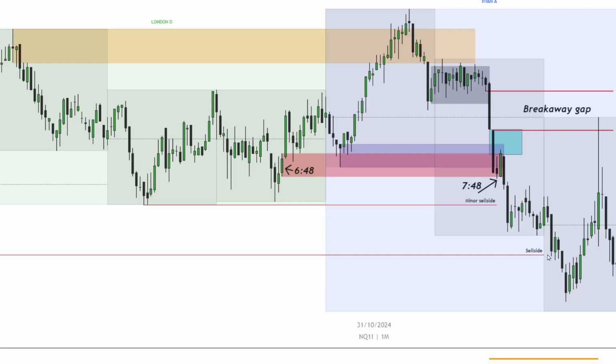However, we failed to see that and we carried on distributing up. My stop was trailed above this high and I got stopped out on this long wick here. I did not want to see this high broken as I had PD array SMT and it was our intermediate term high. Now, I think that'll do it for today.